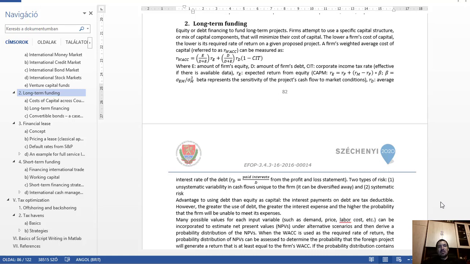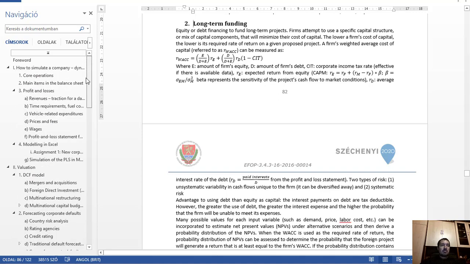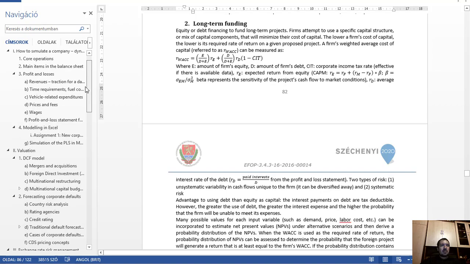Let's talk about long-term funding and how we can build it into our case study. In the lecture I was talking about the different theoretical aspects of long-term funding. Let's see how we can price the bond the company issued, if the company selected the option to issue the bond, because if you remember,